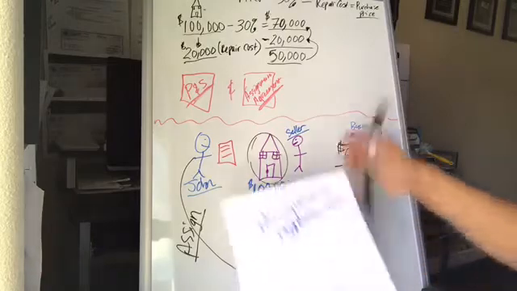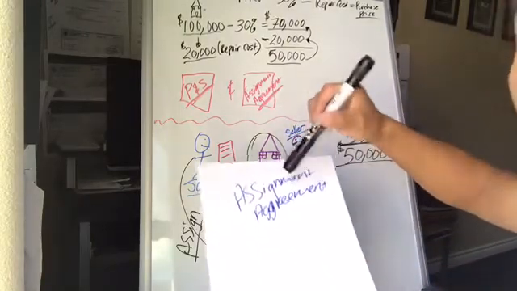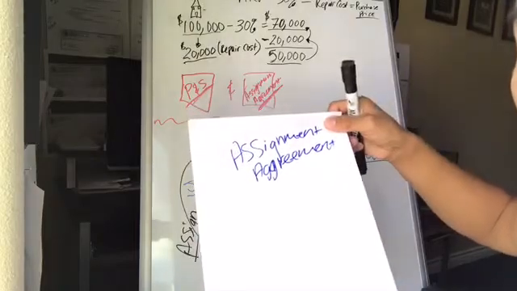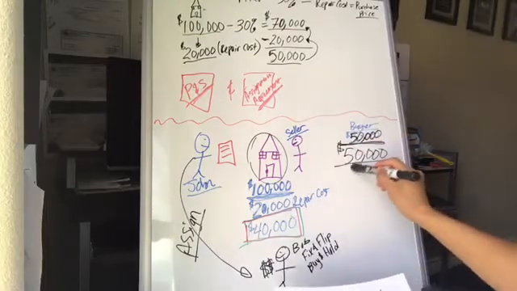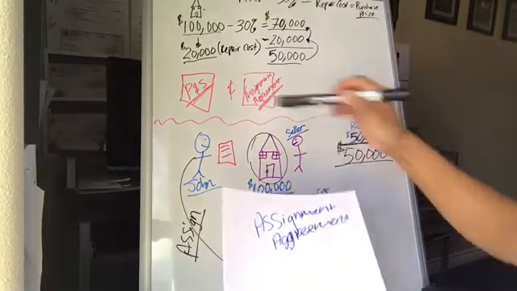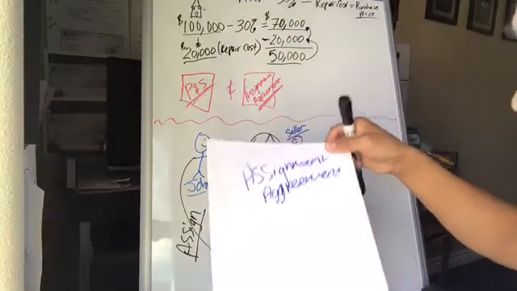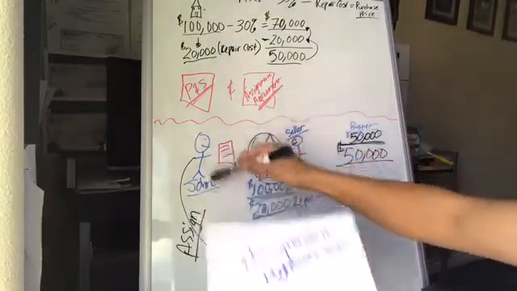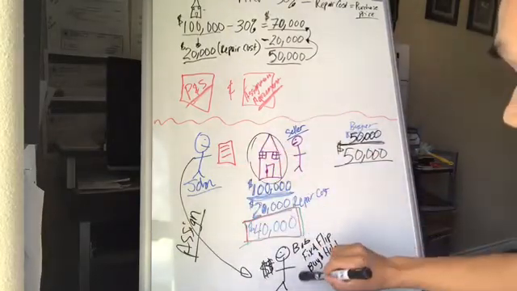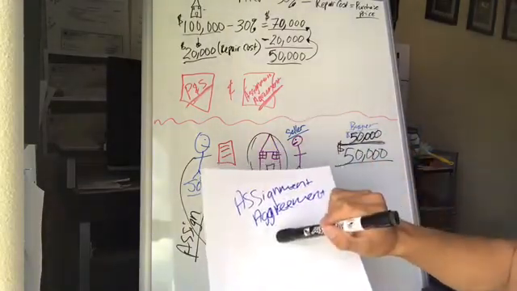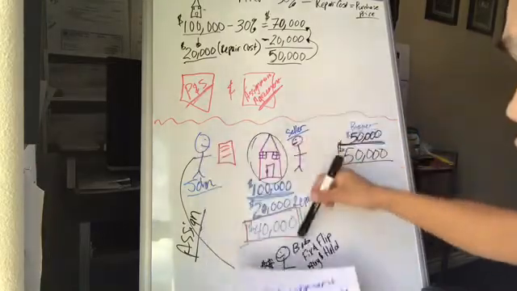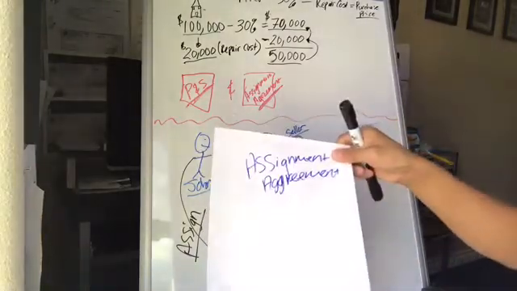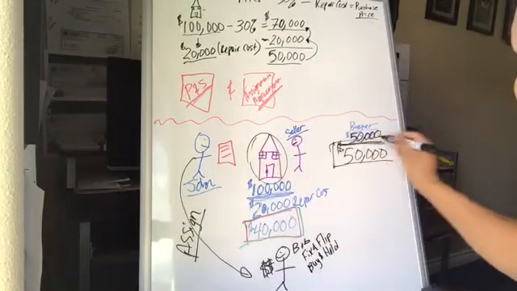So what you do next is you need an assignment agreement. Let's just say this is the assignment agreement. This assignment agreement will be between you and Bob for the purchase price of $50,000. So the assignment agreement will be between you and another buyer, in this case Bob. Bob agrees to buy for $50,000, you agree to assign this contract to Bob for $50,000, and all you need to do is fill out this assignment agreement. Once you sign, and Bob has signed this assignment agreement at the price of $50,000, okay,